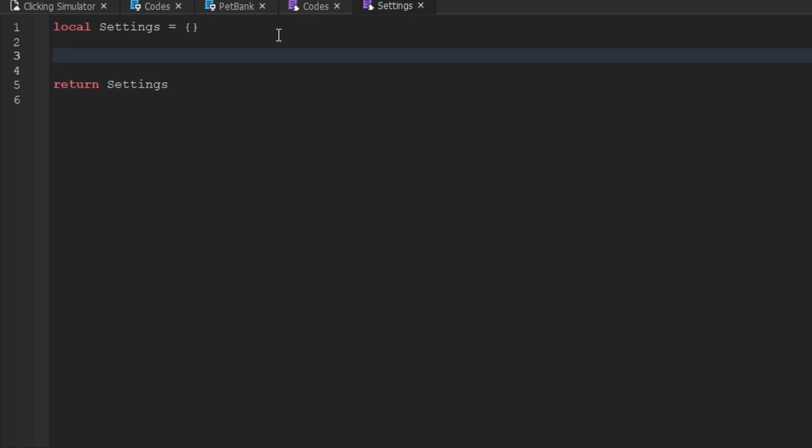So since we're creating this type, we also want to share this type with any module scripts that require this. So we're going to say export, which will export that type to any module scripts that require this one. Then we'll use the keyword type to indicate that we're creating a type, and then we'll set the type name similar to how we would set a variable name. We'll then set the value, and again, this is going to be a string union. Now, the first setting that we're going to create is going to be called click sound, and since this type is a string union, we can go ahead and use the pipe symbol after indicating our first setting. Now, after we use the pipe symbol, we can then include another string, which will be our second setting.